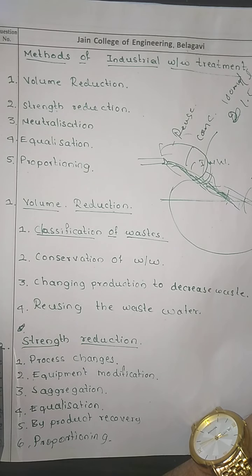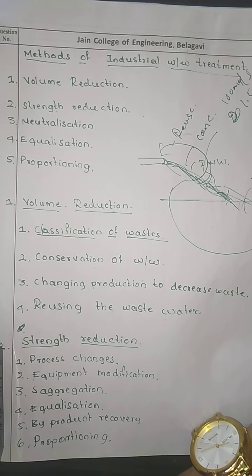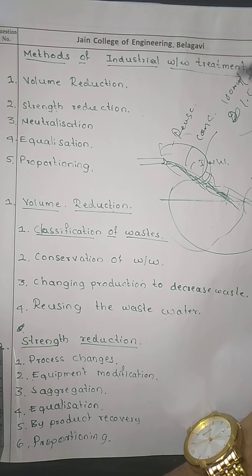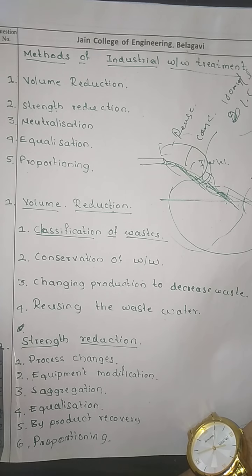even if we release 100 liters of water with a pH of 1.5 to the receiving water body, the receiving water body will have the maximum impact from this. Now, in order to reduce the strength of the wastewater that we release, what we should do is increase the pH. This is just an example.